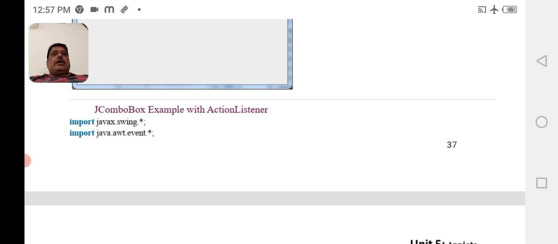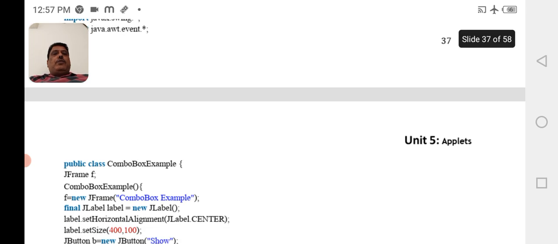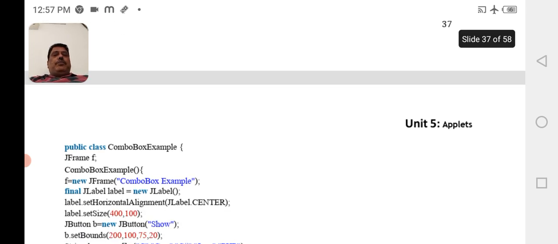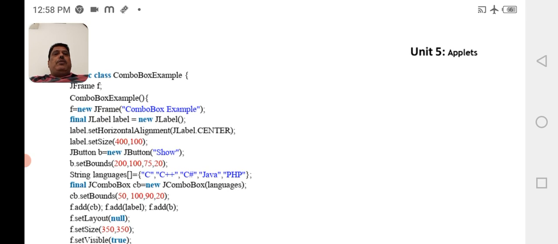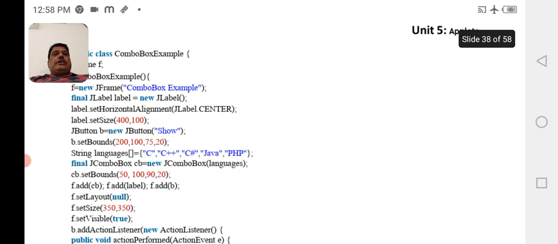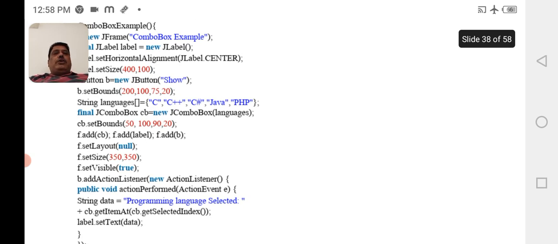Import javax.swing.*, import java.awt.event.*, public class ComboBoxExample, JFrame f, ComboBoxExample() { f = new JFrame("ComboBox Example"); final JLabel label equal to new JLabel, label.setHorizontalAlignment(JLabel.CENTER), label.setSize, JButton b equal to new JButton("Show"), b.setBounds, String languages[] = {"C", "C++", "C#", "Java", "PHP"}; final JComboBox cb equal to new JComboBox(languages), cb.setBounds, f.add(cb), f.add(label), f.add(b), f.setLayout(null), f.setSize, f.setVisible(true);